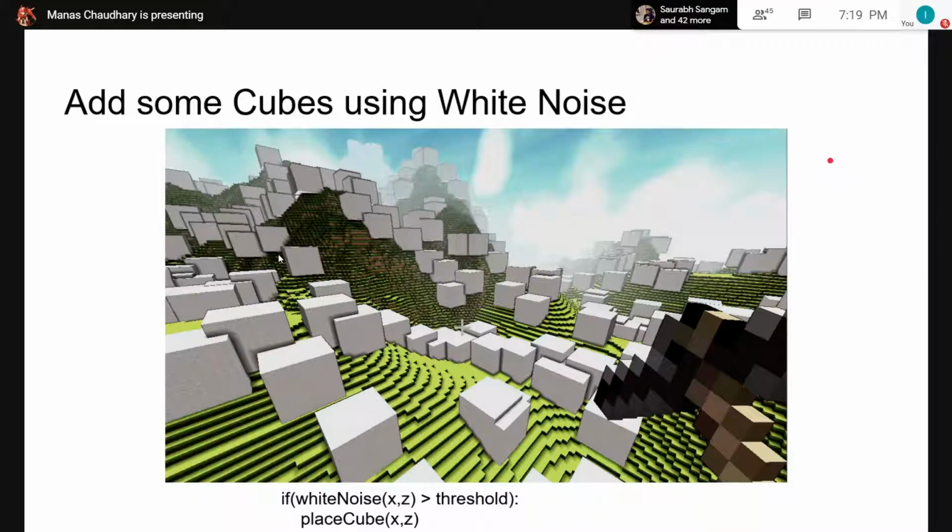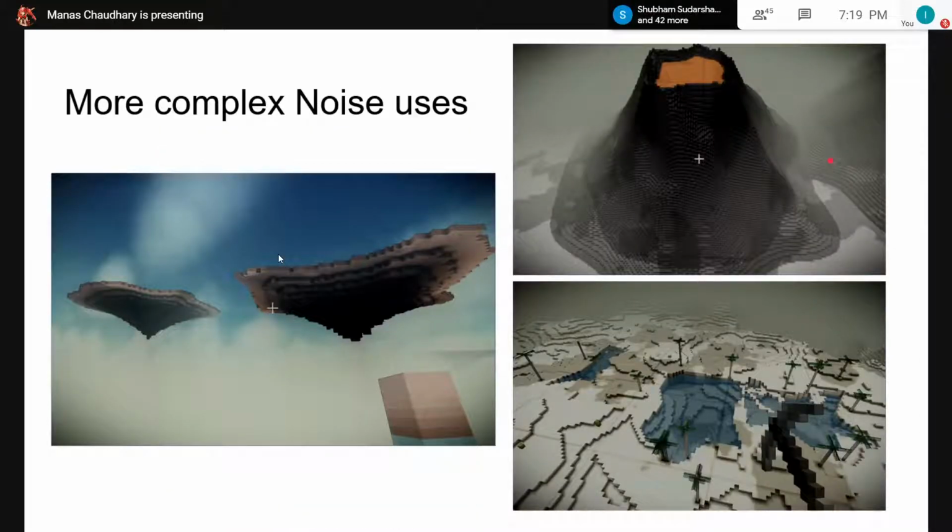A similar thing can be used to place trees in actual open world games. As you can see in the pictures, these are some complex structures which are made using the noise functions we talked about.